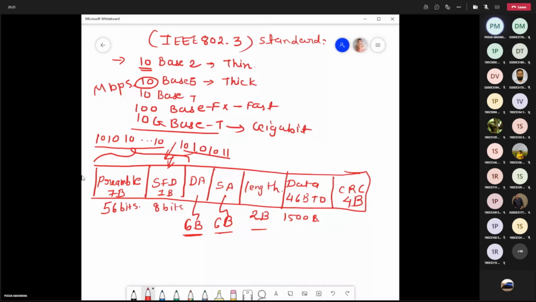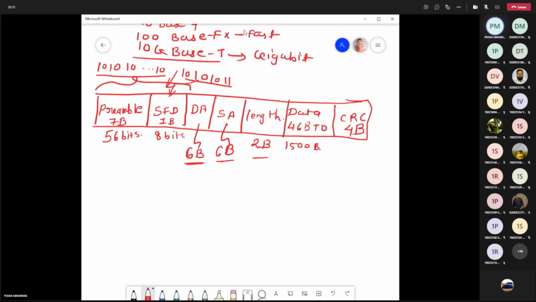If we look at the working of the Ethernet, or you can say the data link layer, the Ethernet in your data link layer will be responsible for hop to hop delivery. So in what sense can we consider hop to hop delivery? There may be a source and there may be a destination, right?